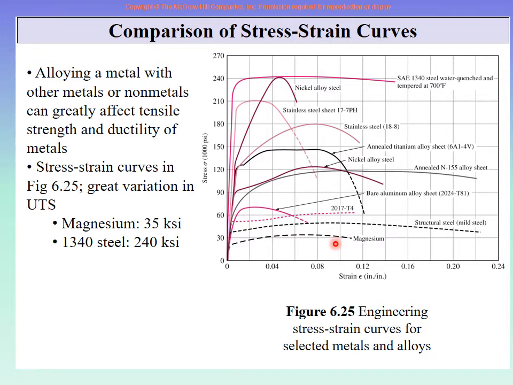Both are very important. You see, if you have made a product of this material, you will not want it to fail at a low load. You will want it to survive and keep on working at very high loads. So strength is important. But if you want to manufacture something, manufacturing means plastic deformation. You permanently deform the material into a new shape, into a new size, and so on.